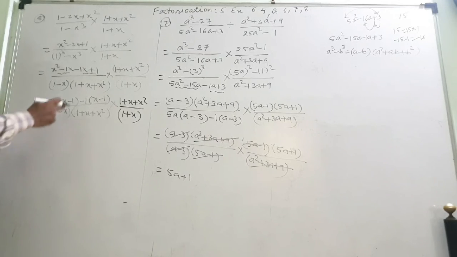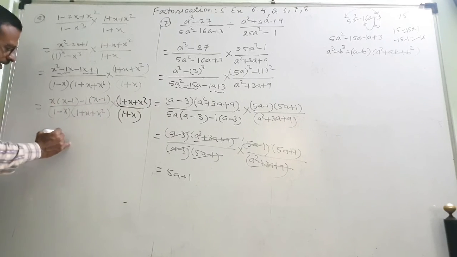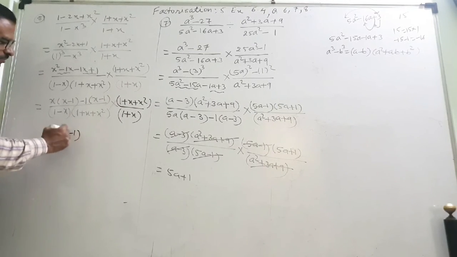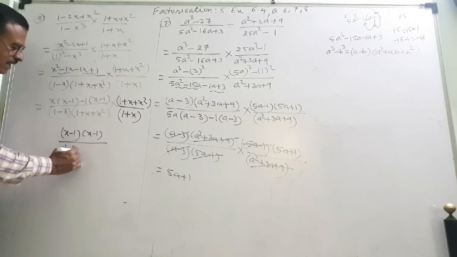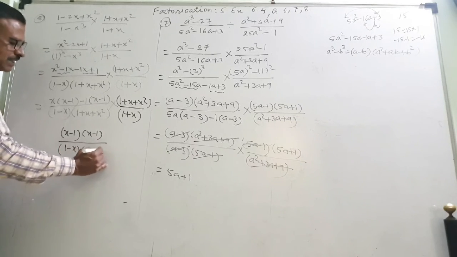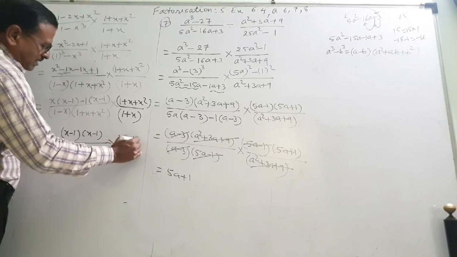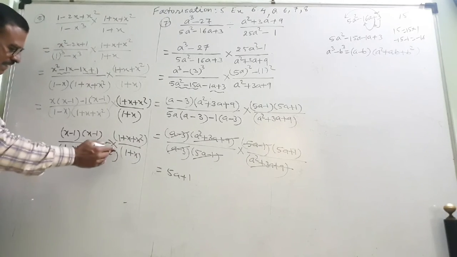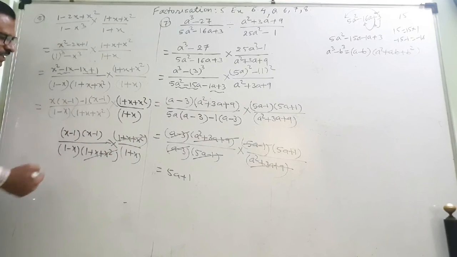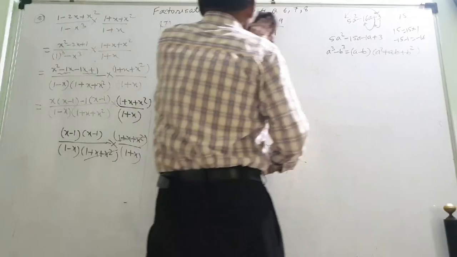So still we cannot cancel because here it is minus, everywhere there should be into sign. So this I will write as x minus 1 is common into another bracket x minus 1 and below 1 minus x into 1 plus x square into, this I will be writing 1 plus x square upon 1 plus x. Now whatever you can cancel, this and this is cancelled because everywhere this is into sign. So now I have to proceed further. So I will drop this, make the place over here to write.